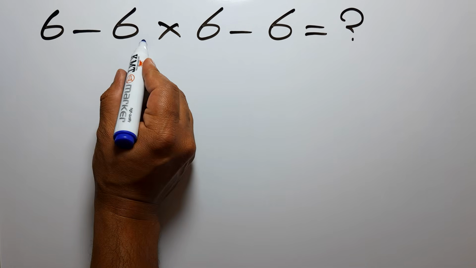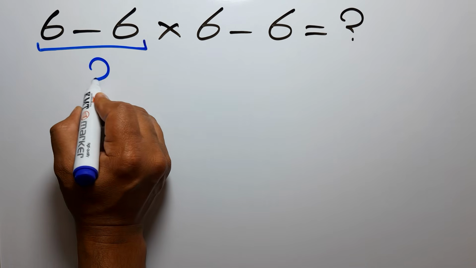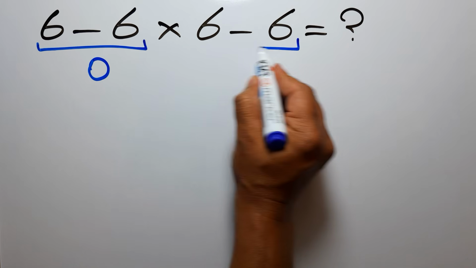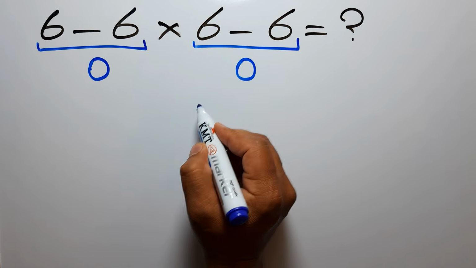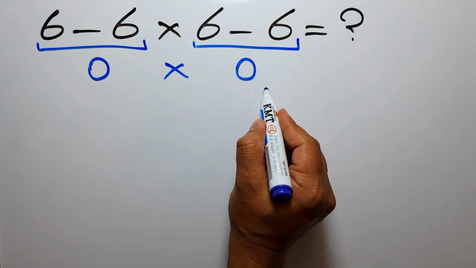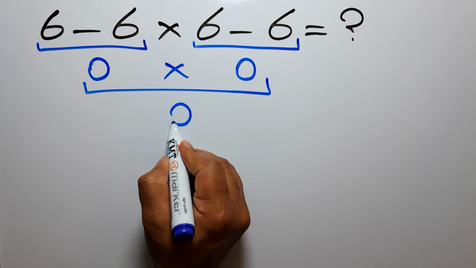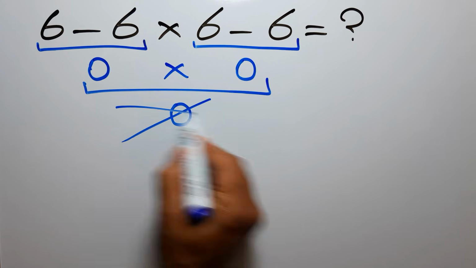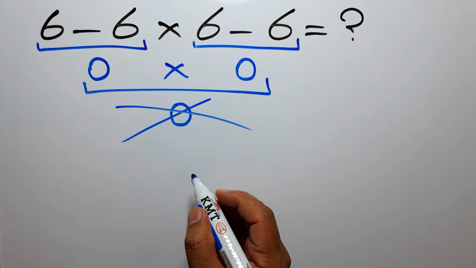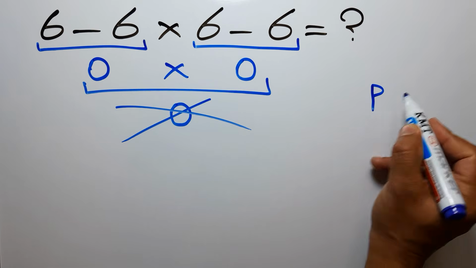6 minus 6 gives us 0. And again here we have 6 minus 6. So 0 times 0 is just 0. But this answer is not correct, because according to the order of operations, which is PEMDAS,